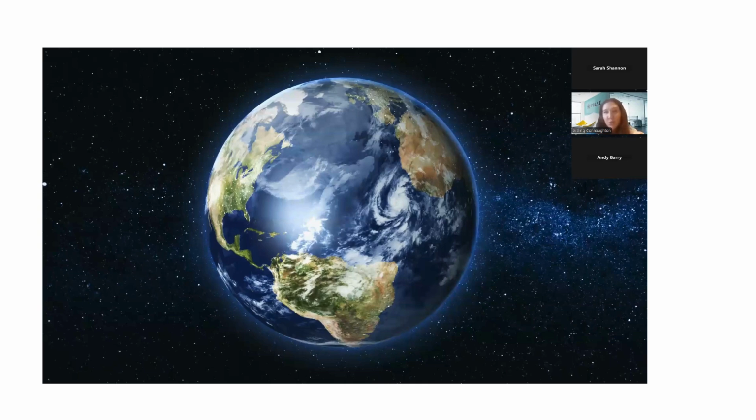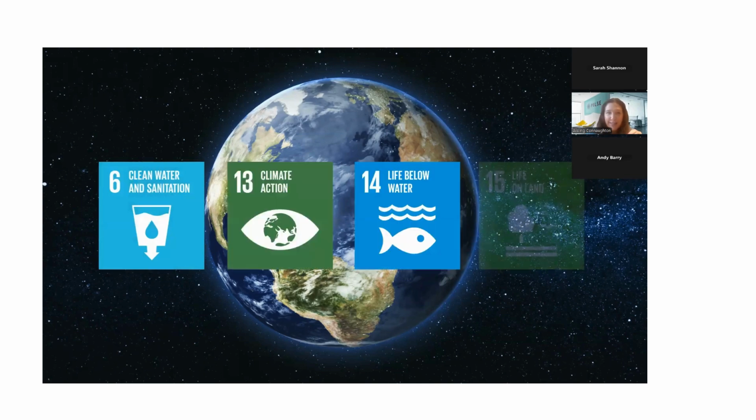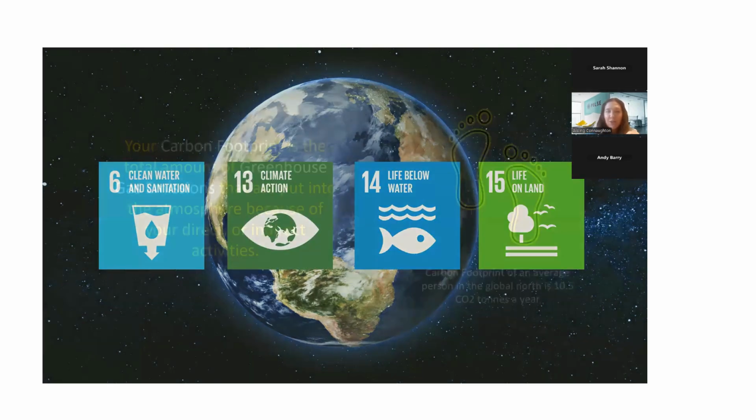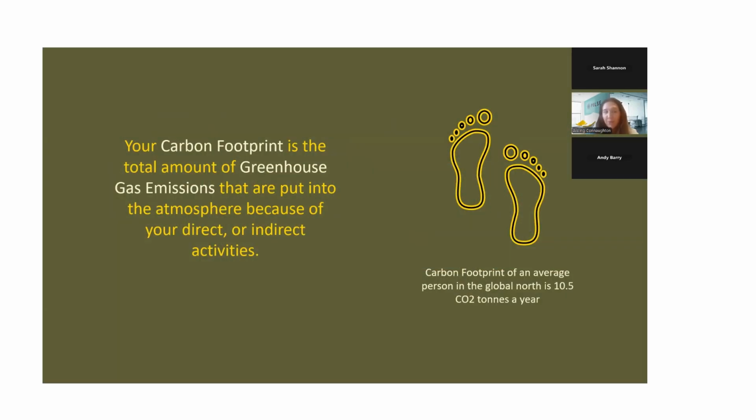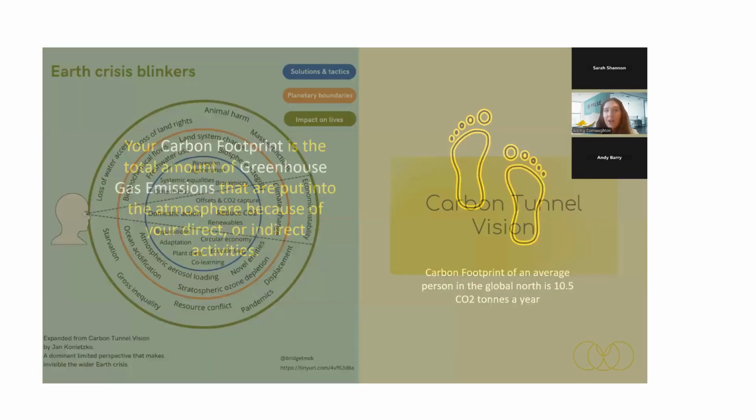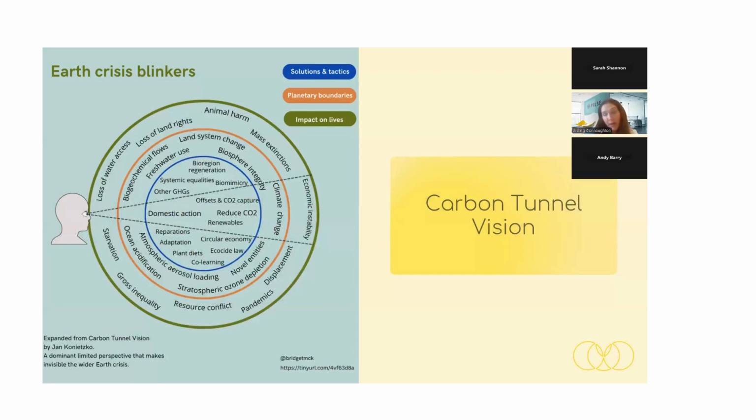So just if we touch quickly on the E of ESG, the environment aspect, we've got to a point where everyone is talking about carbon, right? Our carbon footprint is the total amount of greenhouse gas emissions that are put into the atmosphere. And every person, business, entity has a carbon footprint. But at COP of the last 2 years running, there has been this term called carbon tunnel vision, where we are just laser focused on carbon.